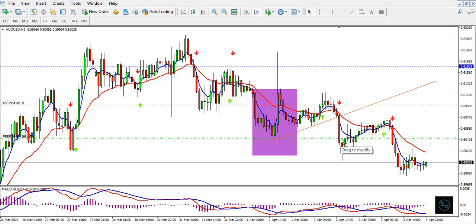So even though that's not an optimal entry point, I knew there was going to be a possible retrace, but I decided to go in because I knew that the trend line had been broken. And you can see where I placed my stop, which is a little bit higher than I would be comfortable with. But because this is a position trade, and besides, the risk to reward ratio is worth it. So I decided to go in here with a market order. I believe I placed two orders. One was one lot, the other was about